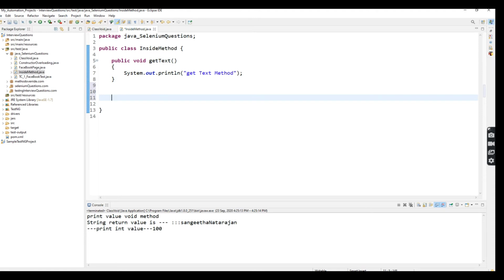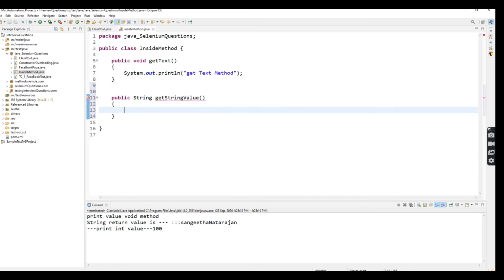Again I'm going to create another method which returns a string value: public String getStringValue. Here I'm going to return one string value. String a equals "Purani is my best friend."